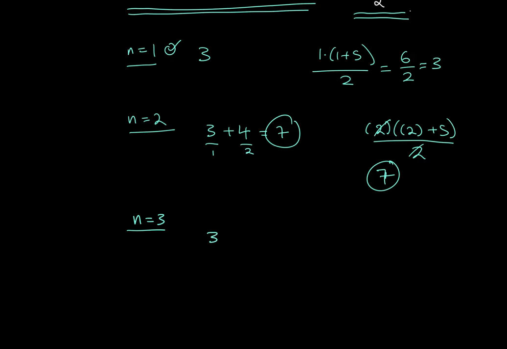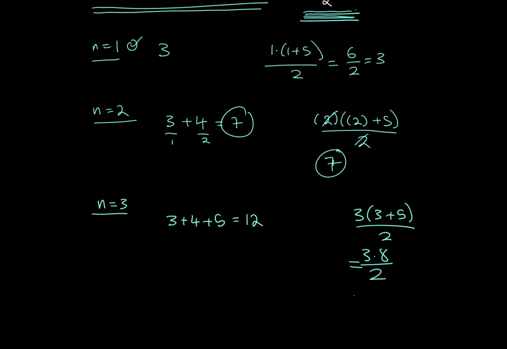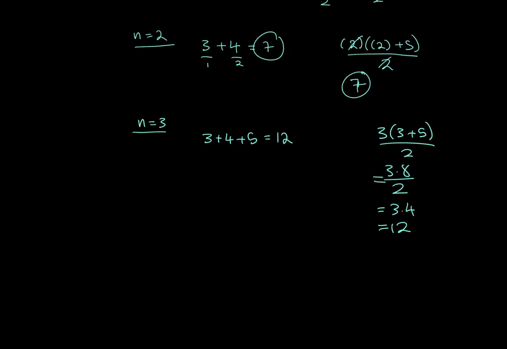We're going to sum 3 numbers on this side, so that's going to be 3 plus 4 plus 5. That's the same thing as 12. And I'm hoping that's going to be the same thing when I plug n equals 3 into this formula. So that's going to be 3 times (3 plus 5), all divided by 2. That's 3 times 8 divided by 2. And that's the same thing as 3 times 4, which is the same thing as 12. Oh my gosh, you guys. So it turns out